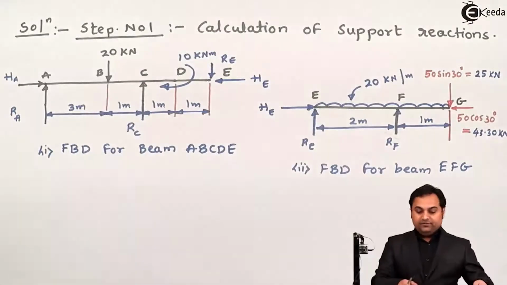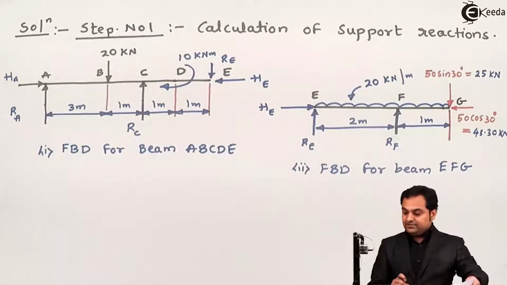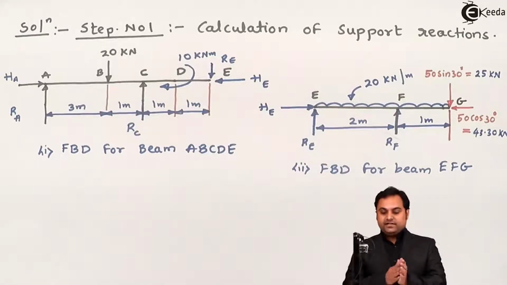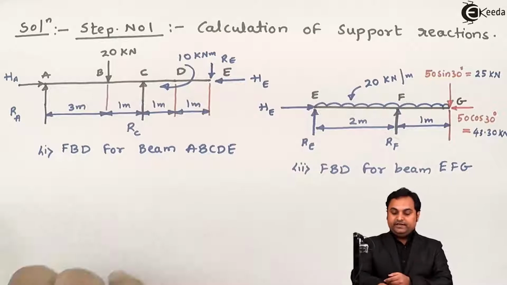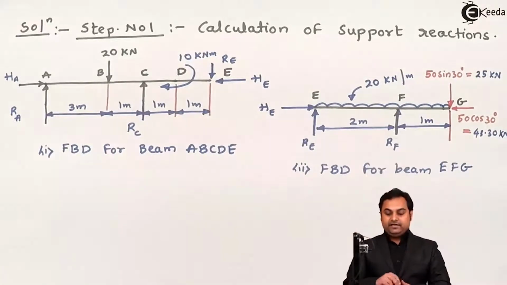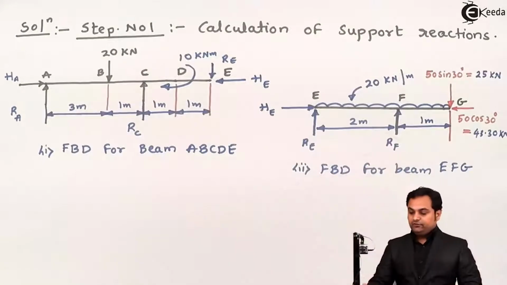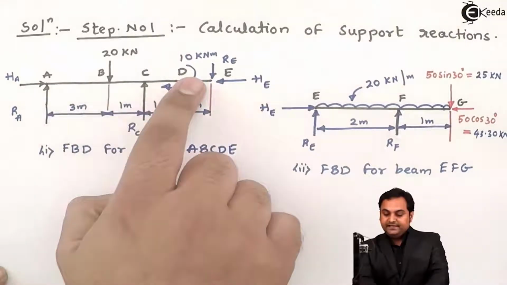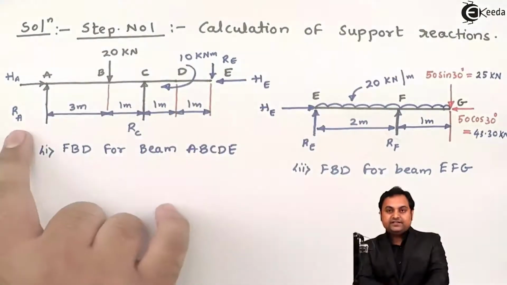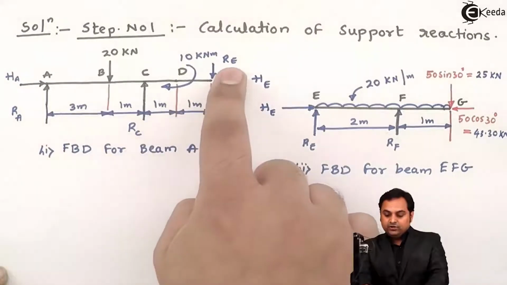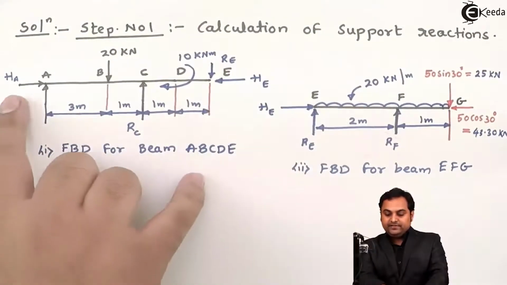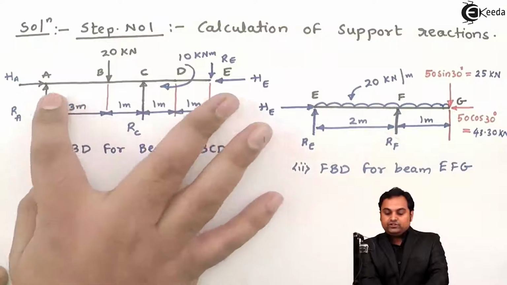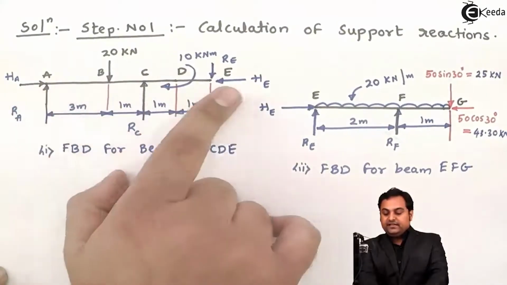Now, we have reached the stage where I have split the beam into two parts. Now we have to calculate the reactions, and as the beam is supported at A, at C, at F, we need to find the RA, RC, RF values. First, if I look at portion A, B, C, D, E, I have reaction at A, reaction at C, and even RE. So there will be three unknowns here, and at the same time there are HA and HE. In this portion of the beam there are no horizontal forces present, only the reactions HA and HE.